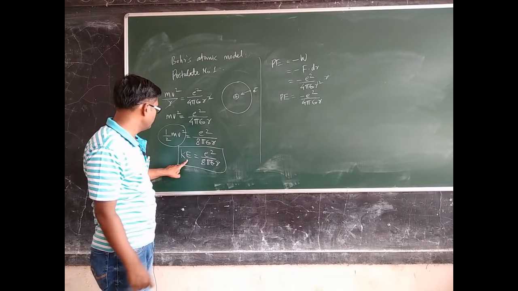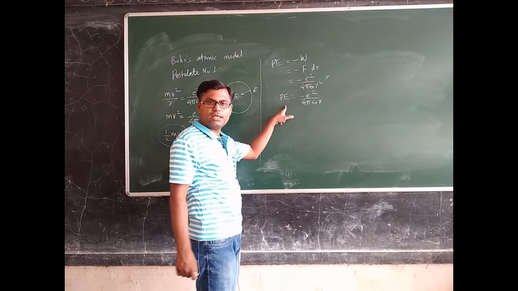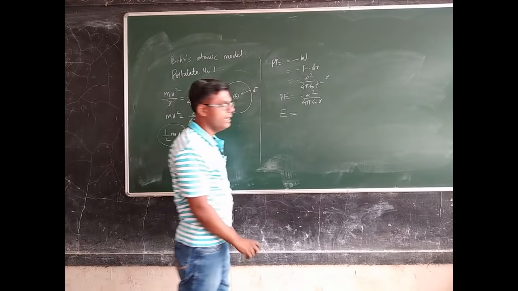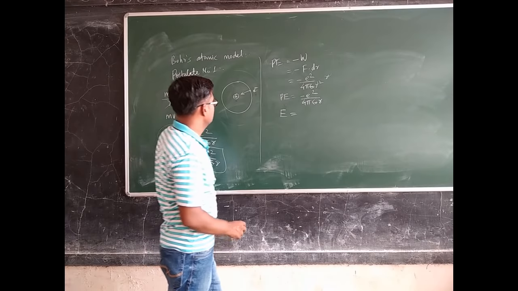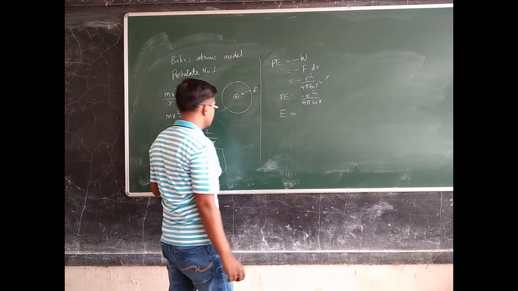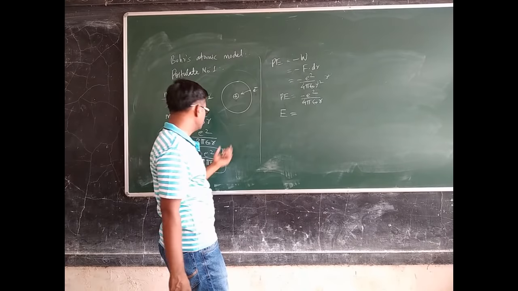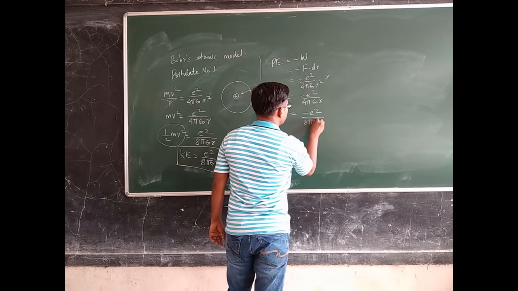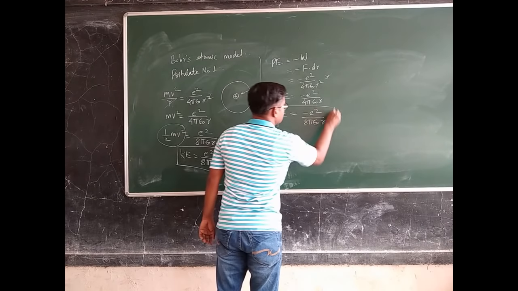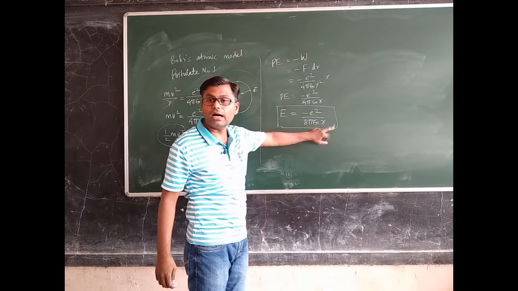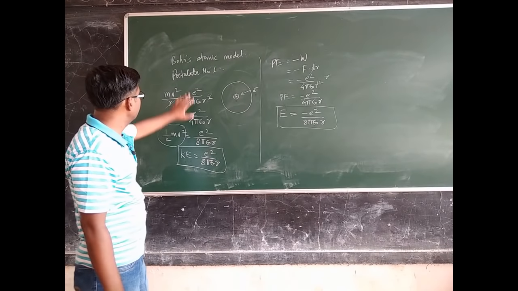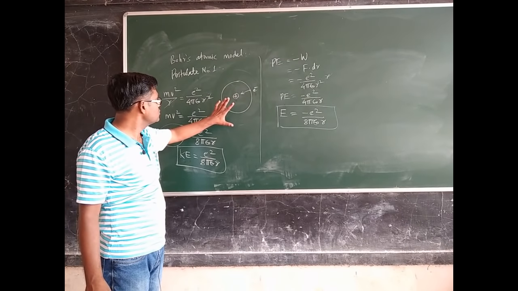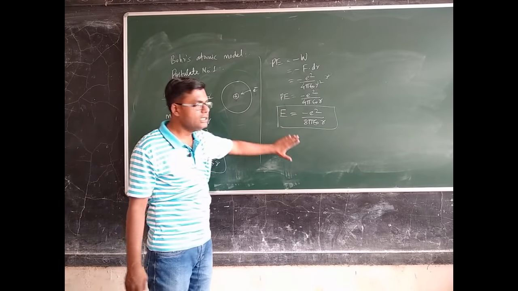So we have obtained the expression for kinetic energy and the expression for potential energy. We can obtain the expression for total energy, represented by the letter E. So E will be equal to the sum of kinetic energy plus potential energy. If we put these two values, finally we would get minus E square divided by 8 pi epsilon 0 times r. So now our target is to find the value of r. So this is the first postulate, that is, the electron revolves around the nucleus in a circular orbit. Once we understood this first postulate, we obtained these many equations.